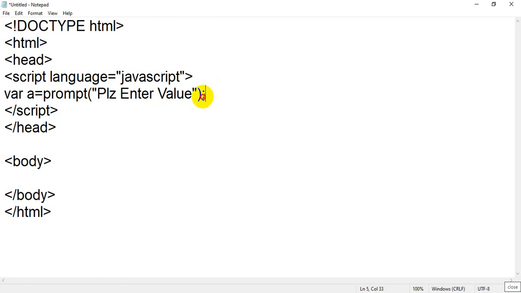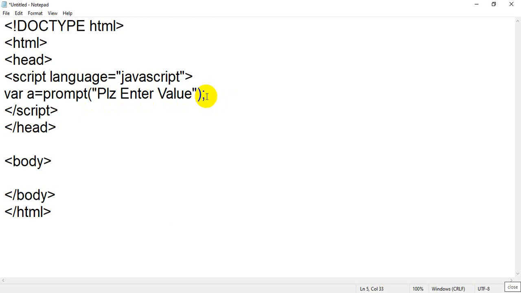Students, semicolon in JavaScript is optional. And what is the meaning of semicolon in JavaScript? It shows that it's the end of the statement, not the line, the end of the statement. Even after this, where you have written a equal to prompt, please enter value, you can write var b, but it's not good practice.